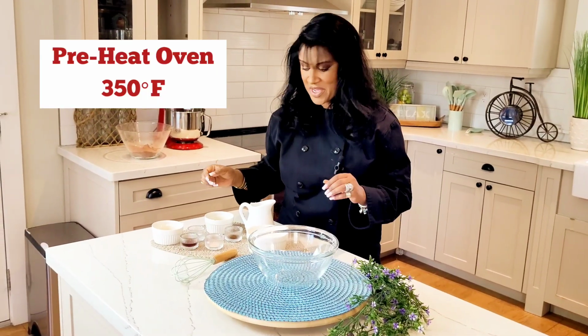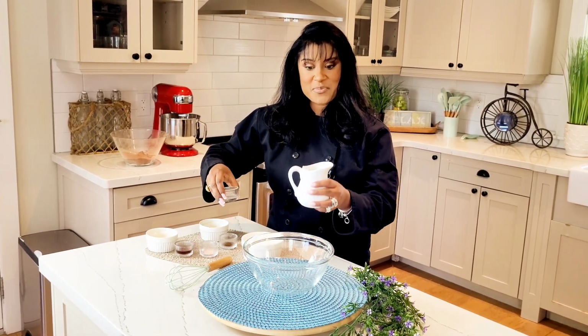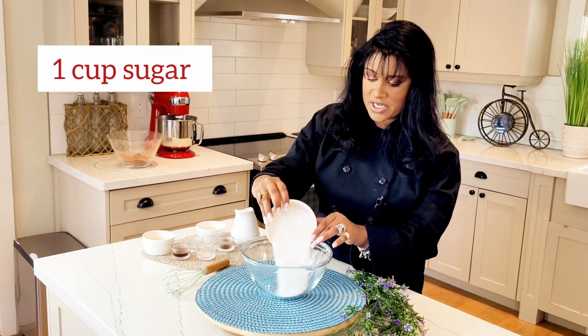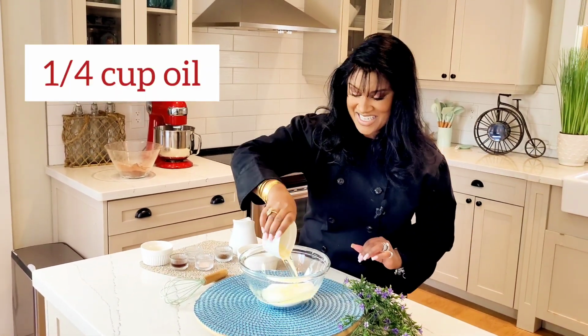Now we're going to start on our wet ingredients. First and foremost, if you don't have buttermilk, you're going to take your milk and add your vinegar to your milk and let that sit while you're adding all the other ingredients. Start off with your big ingredients. So sugar goes right into the bowl. Next, I'm going to add the oil,